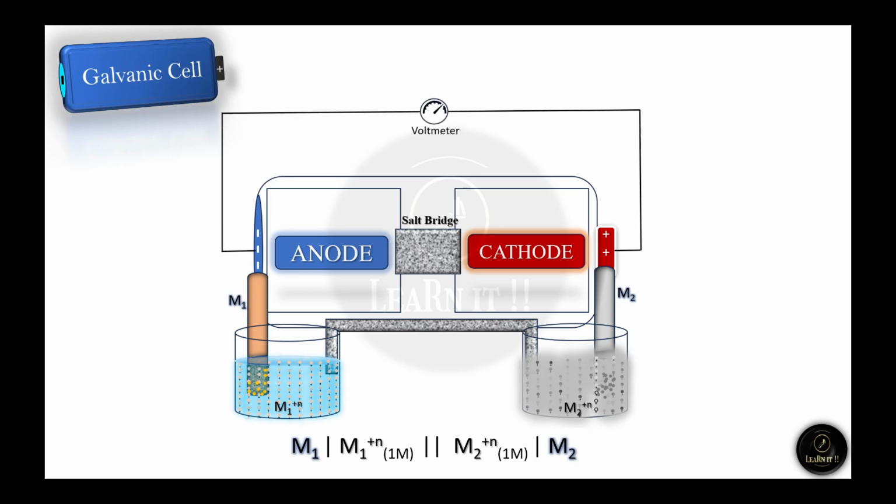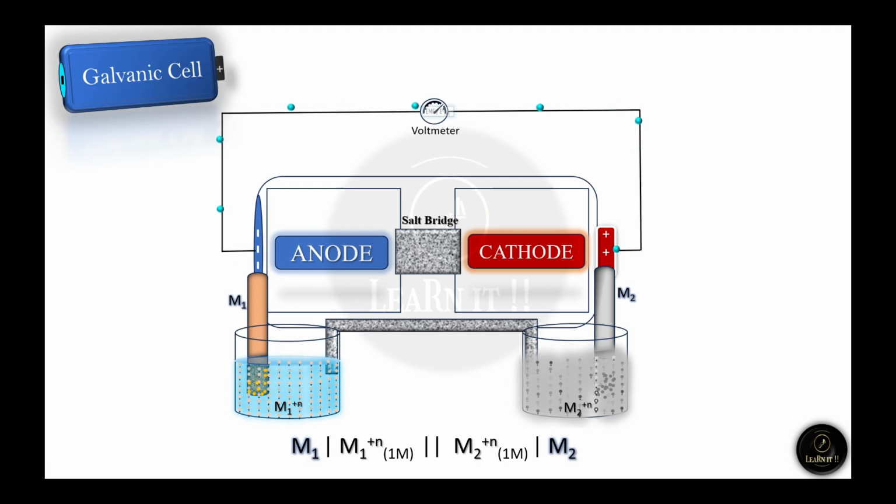When a voltmeter is connected, and the condition is NTP and the concentration of solution in both the electrodes is 1 molar, then this voltmeter shows the